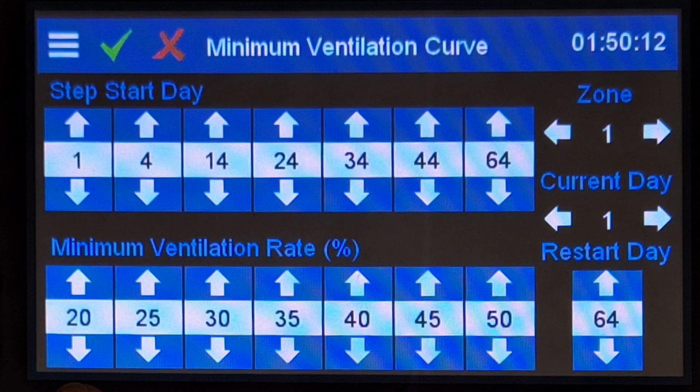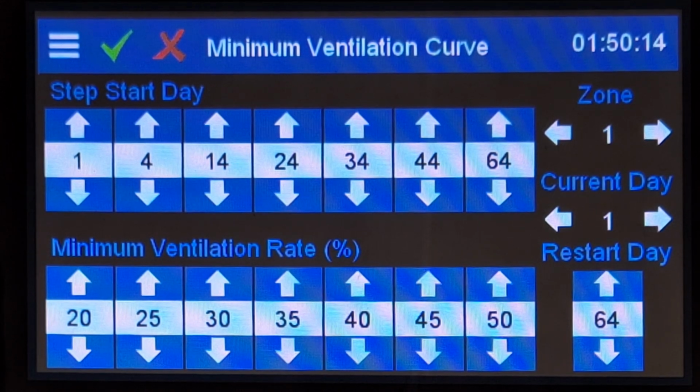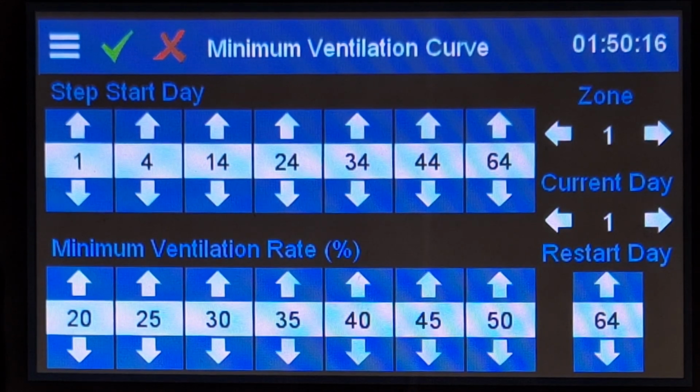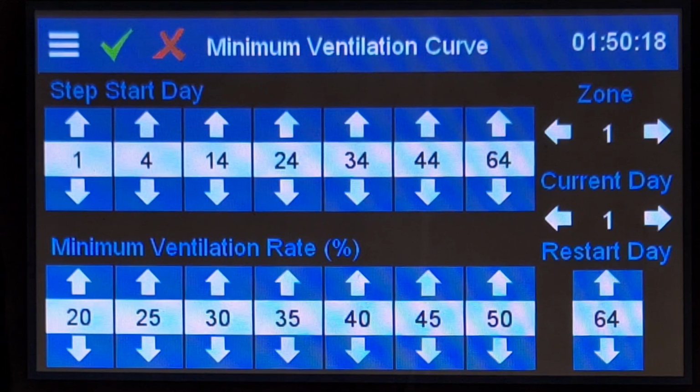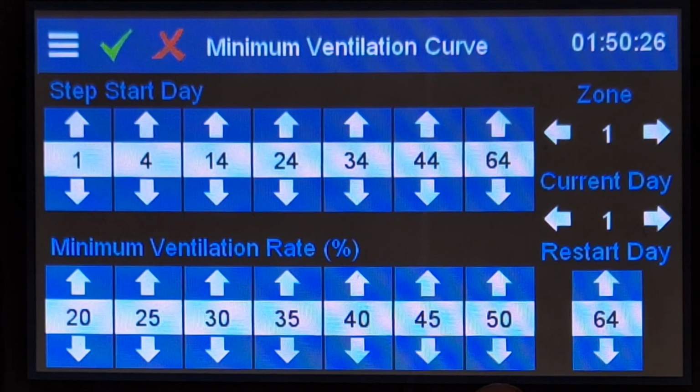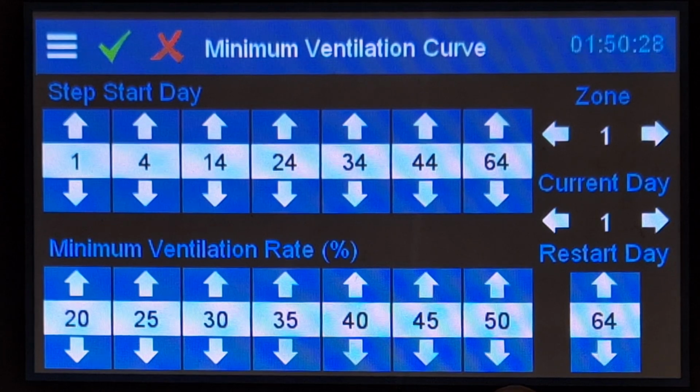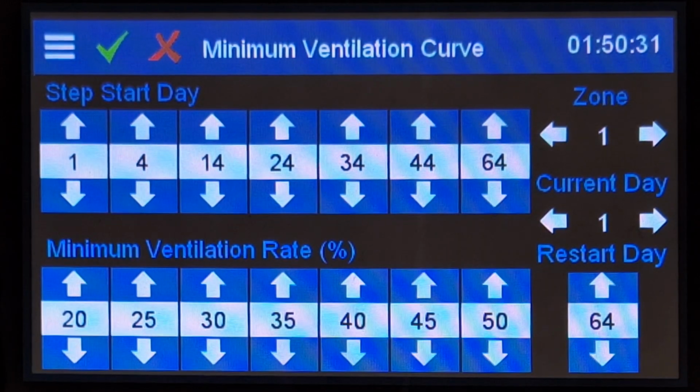And so rather than manually ramping up those idle speed rates, you can use a minimum ventilation curve to slowly ramp up your idle speed rates here from 20% on day 1 all the way up to 50% by day